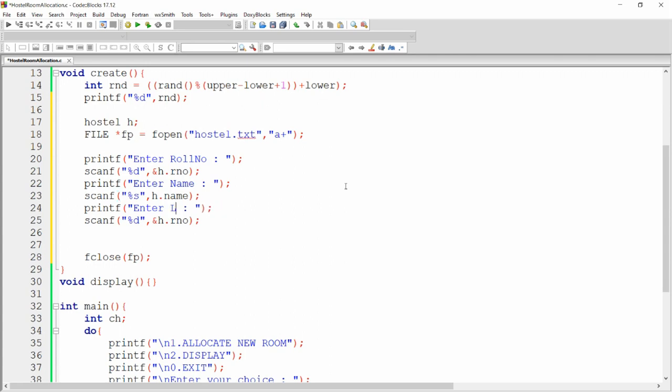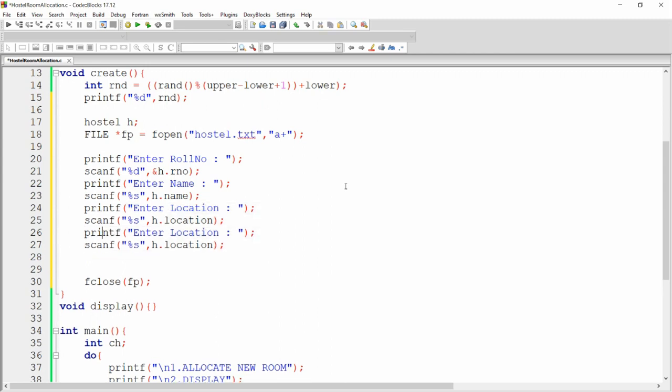This is the location, so you can write here h dot location, and that is %s. You can copy this particular thing and paste here, enter gender, and here you can get the gender, that is h dot gender %s.